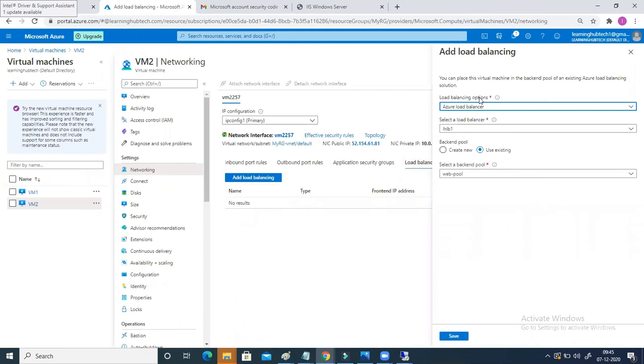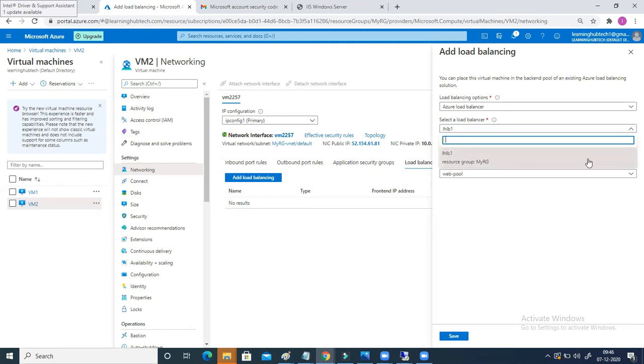There are two options here. One is application gateway, and second is Azure load balancer. What is application gateway? We will see later because this is also part of our syllabus. So now I'm going to attach VM2 with the Azure load balancer.